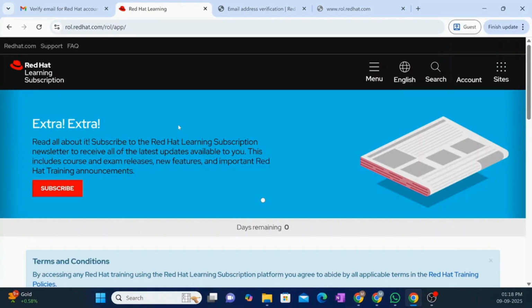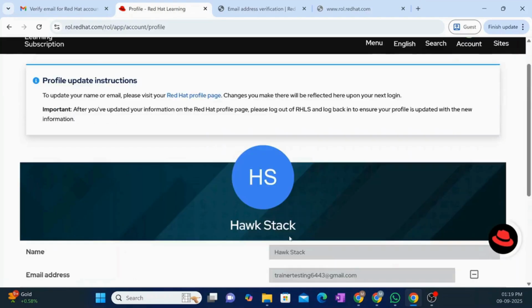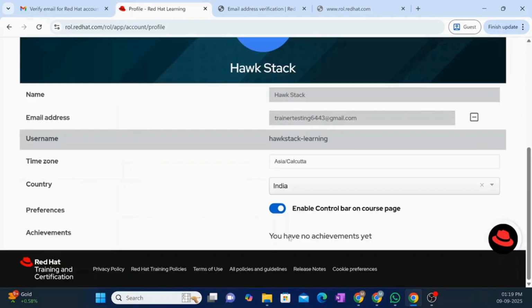Yes. So finally, I have my account that got created, and you can see my profile. The profile for Hopstack is being displayed over here. So this is how you're going to create your